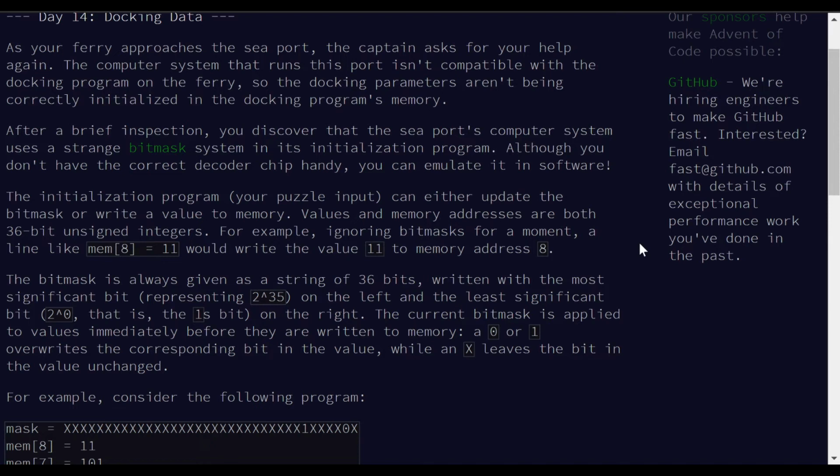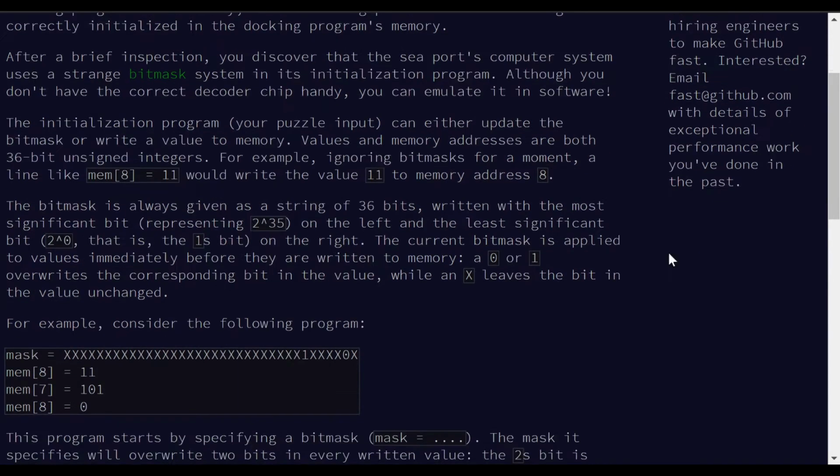The initialization program can either update the bitmask or write a value to memory. Values and memory addresses are both 36-bit unsigned integers. For example, ignoring bitmasks, an instruction like mem[8] = 11 will write the value 11 to memory address 8. The bitmask is always given as a string of 36 bits, written with the most significant bit on the left and the least significant bit on the right. The current bitmask is applied to values immediately before they are written to memory. A 0 or 1 overwrites the corresponding bit in the value, while an X leaves the bit in the value